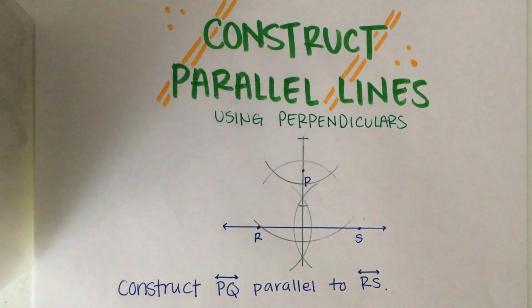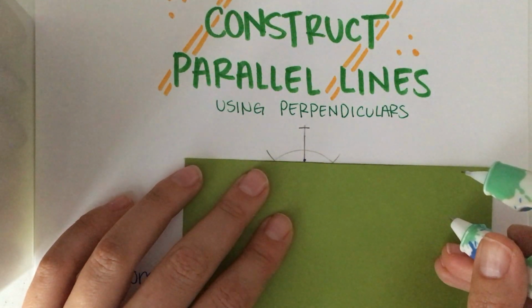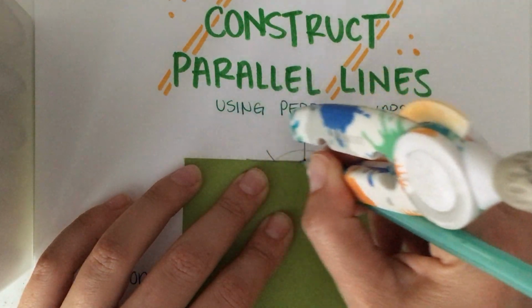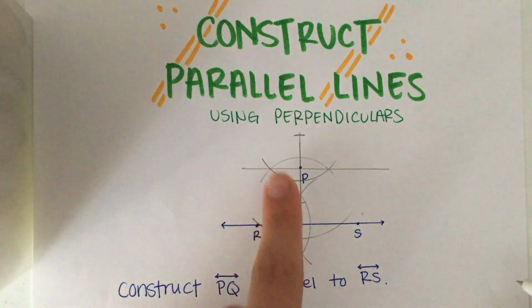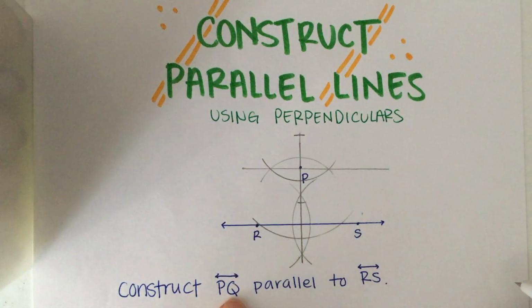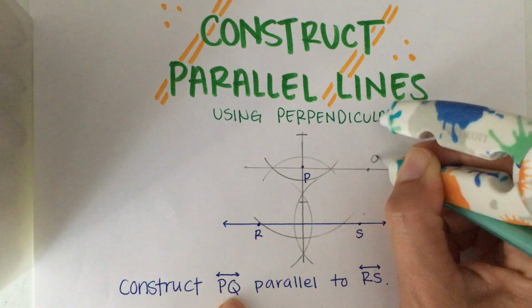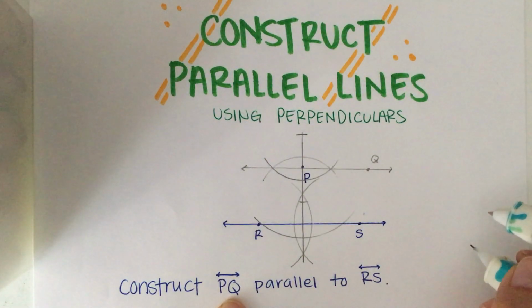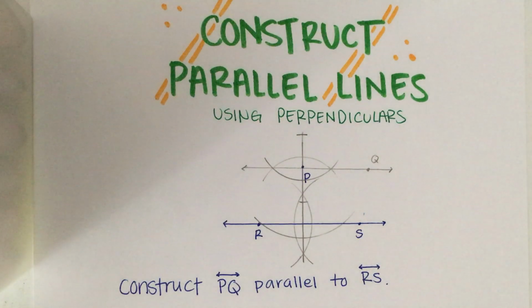All right, so here we have a line that's parallel to RS, and we want to name it PQ. So I'm going to go ahead and put point Q, and I'm going to draw my arrows to indicate that it is a line. This particular construction comes in really handy if you want to create something like a rectangle